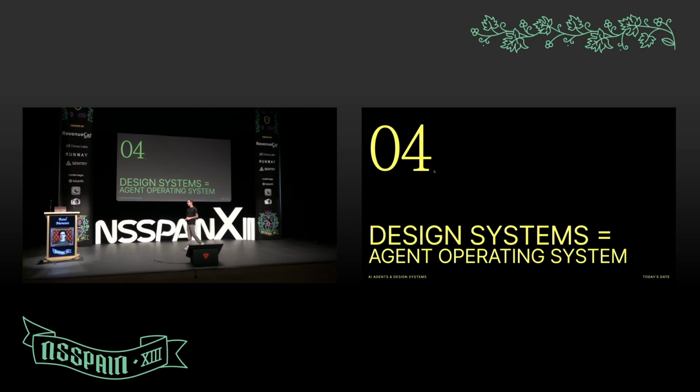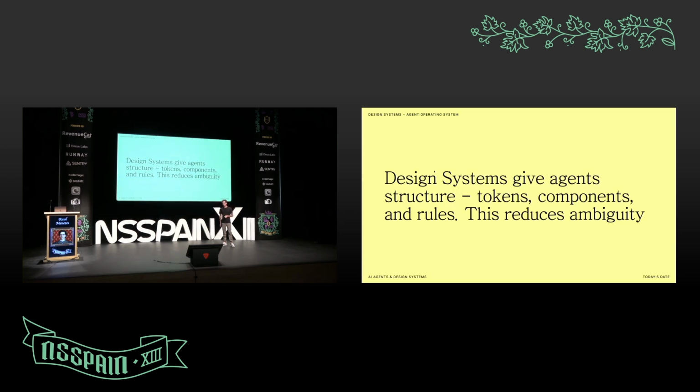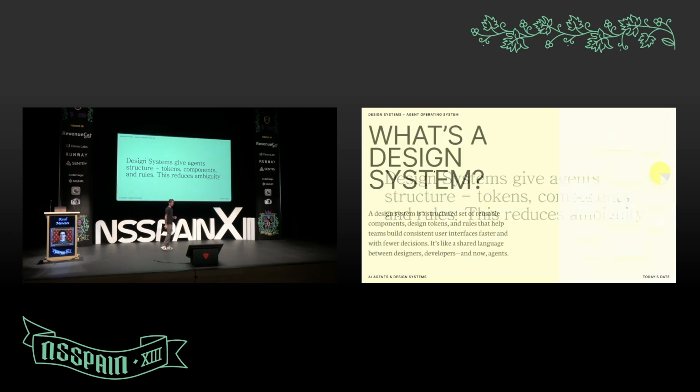So, going deeper into these 3 topics. The design system is pretty much the agent's operating system. Everything that's UI related will be your design system. It's already happening when you're doing SwiftUI. It's happening when you're doing web nowadays, because they have Tailwind CSS. Android, same thing, with Material. So a design system gives everything that the agent needs, which is structure, your tokens, your components, and all the rules that will help you reduce ambiguity, which is very important.